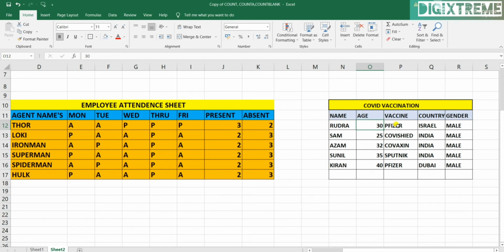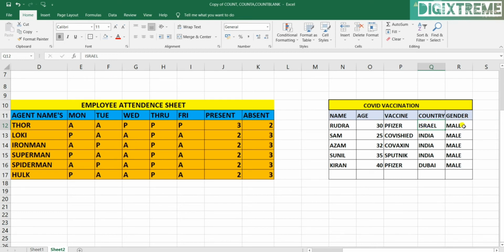Also, criteria is which vaccination he has taken, vaccination name, and also country. It will provide me the number of how many people from this country have got vaccinated.